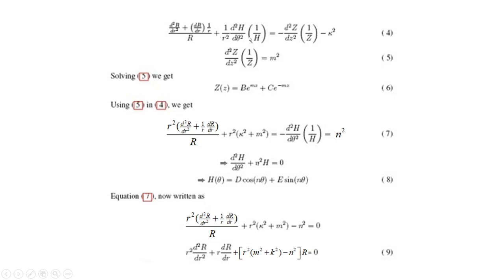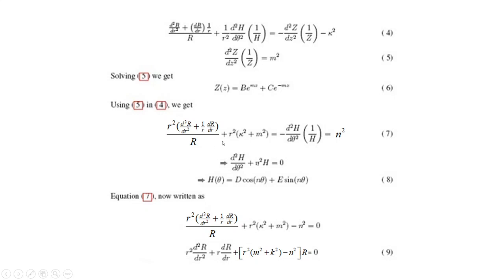For that, let us go back to equation 4 and use equation 5 in it. So once you use this equation, here this will be m square. So you will have minus m square minus k square. And you can see here, this would be a pure function of theta if r square was not there. So multiply throughout by r square and use equation 5. So you are going to get equation 7. While writing equation 7, what has been done is, the function of r is brought to the left hand side and the function of theta is taken to the right hand side.